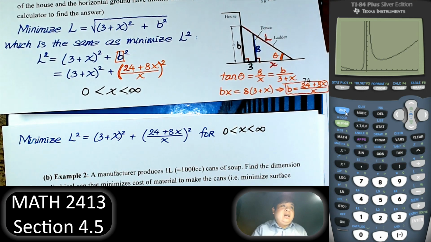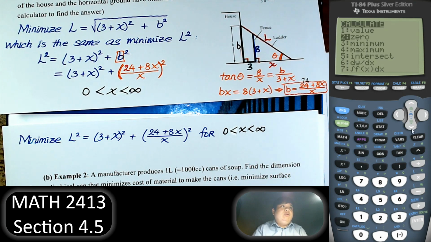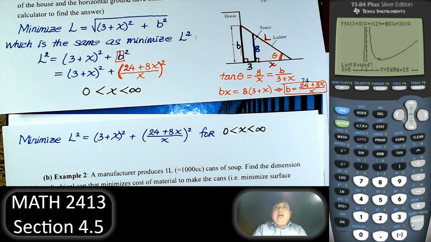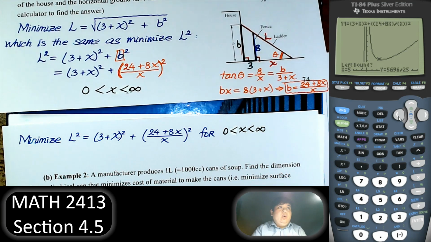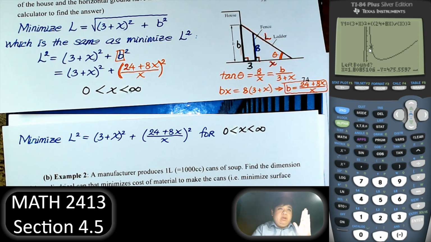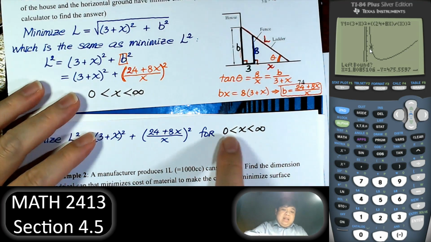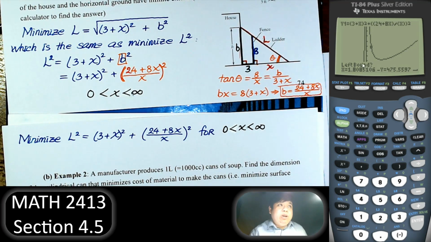In that case, hit second, calculate, second, and that trace button, second trace, because we're trying to find the minimum. Right, when we're trying to find the minimum, we're going to go to the left, give us the boundary, right? Every time we find the maximum or minimum, we need to indicate the boundary. That's what we did here. But in this case, the calculator, we can tell we're going for the left bound there. So I hit enter, and I will slightly go to the right